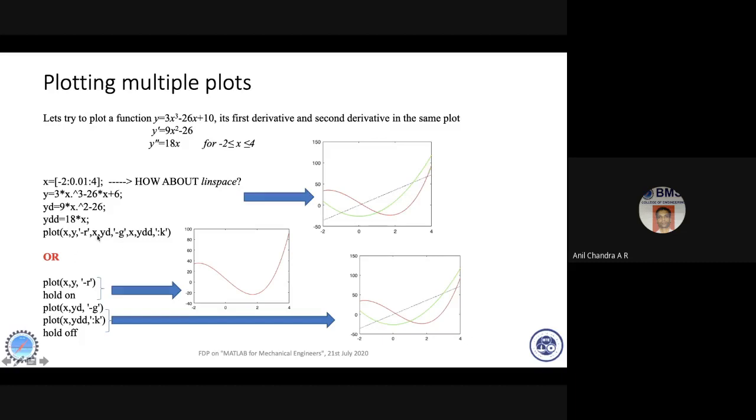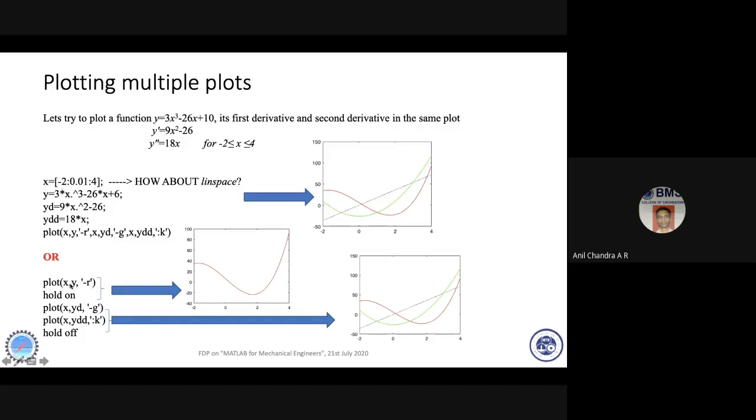Now, in the same plot, I want x, y, d, that is the first derivative. It will be in green. It's all user defined. You can define any color. So this is the first derivative. And this is the second derivative. For all the derivatives, x is common. So that's why I'm sticking to the same plot. For a change, I have represented this line using colons. So that is this line. You see? There are many ways by which you can plot multiple graphs in the same plot. This is one such thing.